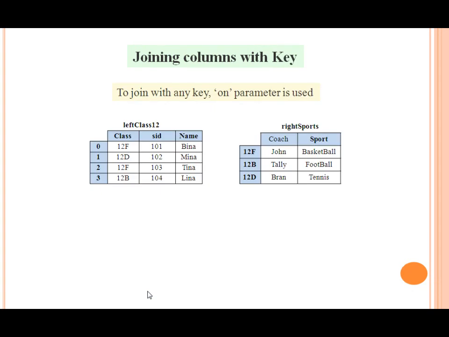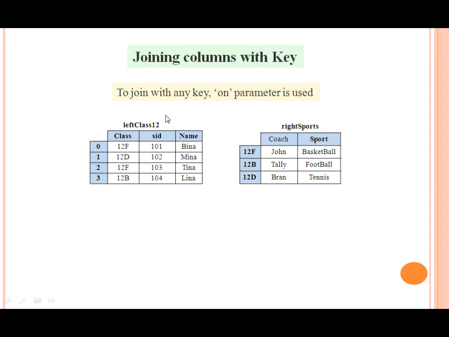So we'll move ahead and see joining columns with a key. So children, first understand what is key and how you can join. We have one parameter in the join function, that is the on parameter. The on parameter helps us to carry the common column. Clear?